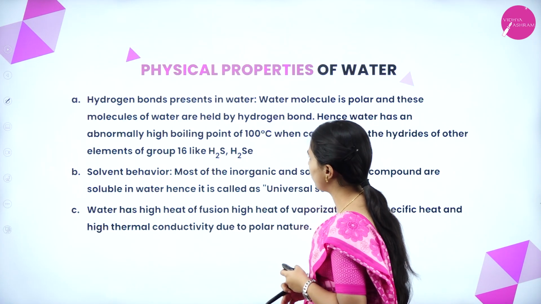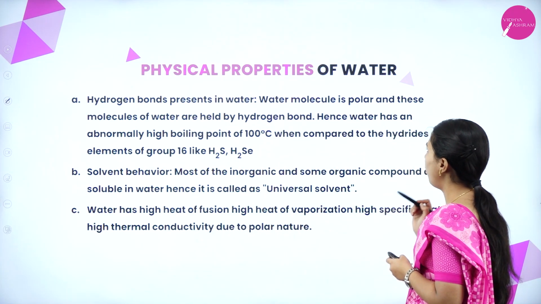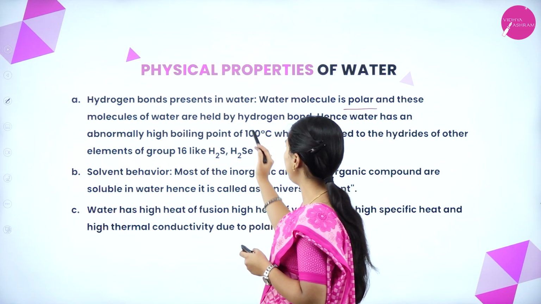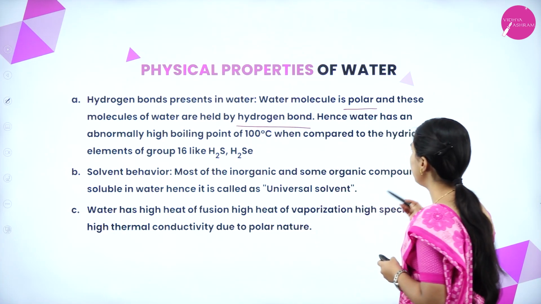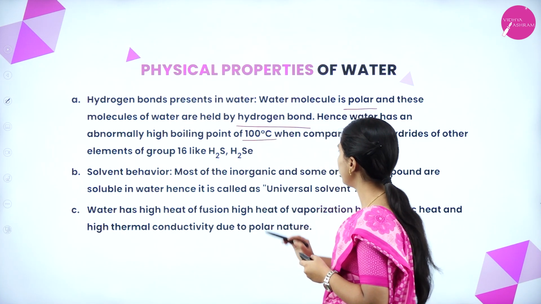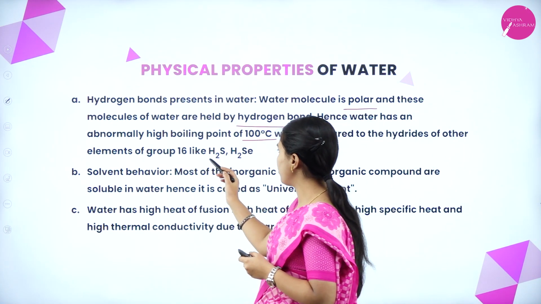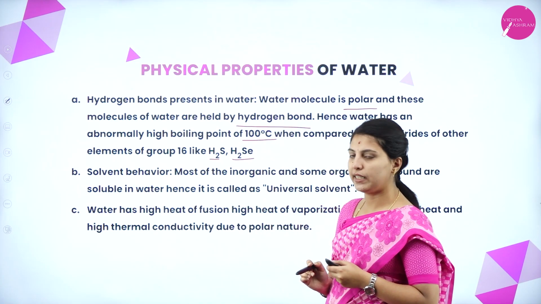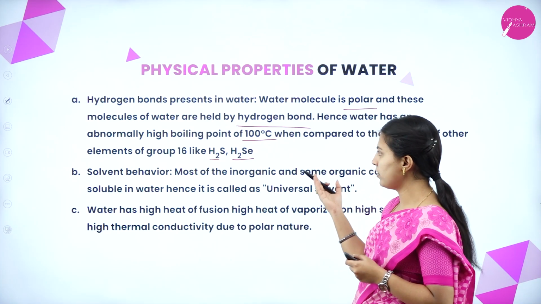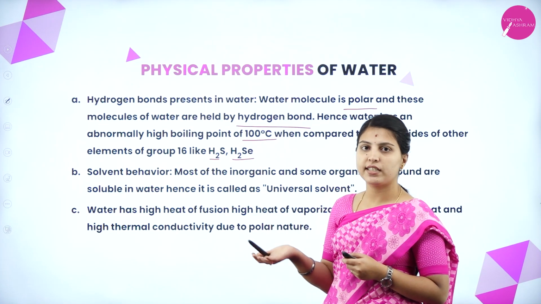Next, physical properties of water. Hydrogen bonds present in water. The water molecule is polar and these molecules of water are held by hydrogen bonds. Hence, water has an abnormally high boiling point of 100 degrees Celsius when compared to hydrides of other group 16 elements like H2S and H2Se. The molecule is held by hydrogen bonds, so it has the high boiling point of 100 degrees Celsius, but hydrides of other elements don't have that much